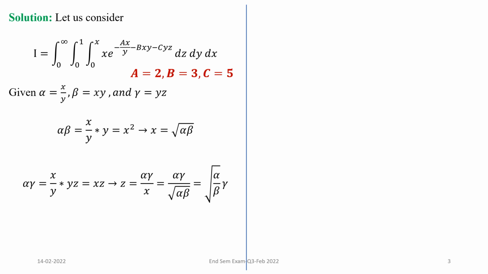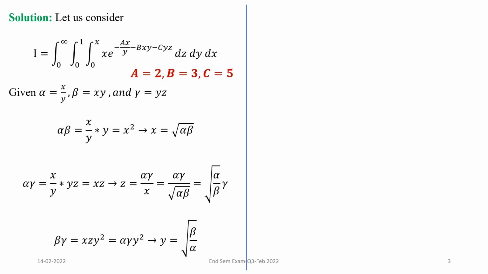Now beta into gamma we do, and we get y is equals to square root of beta upon alpha. After getting all the relations, our next task is to frame the limit also,